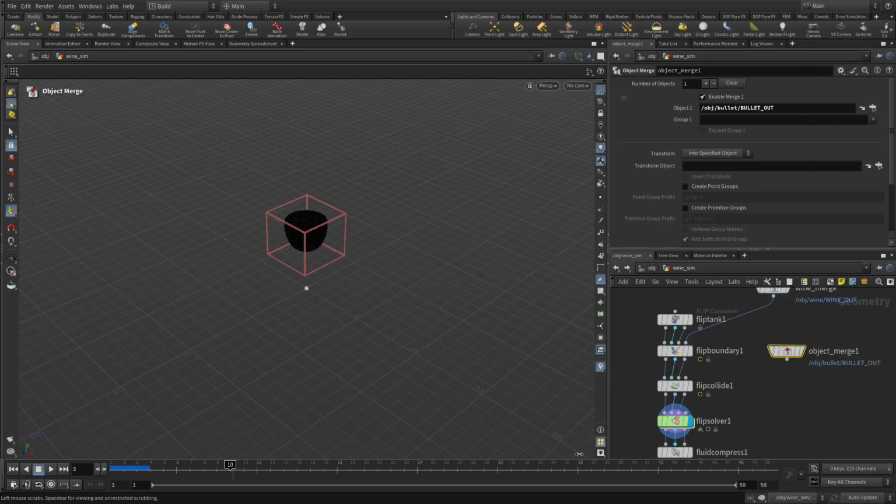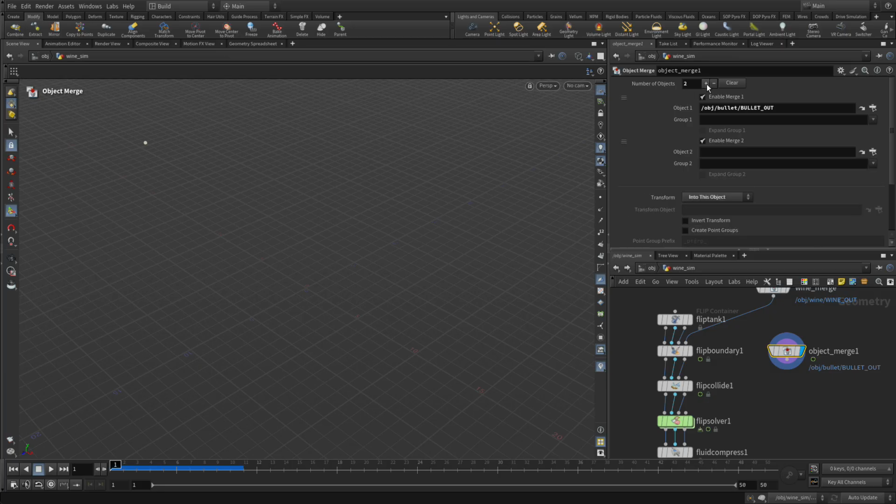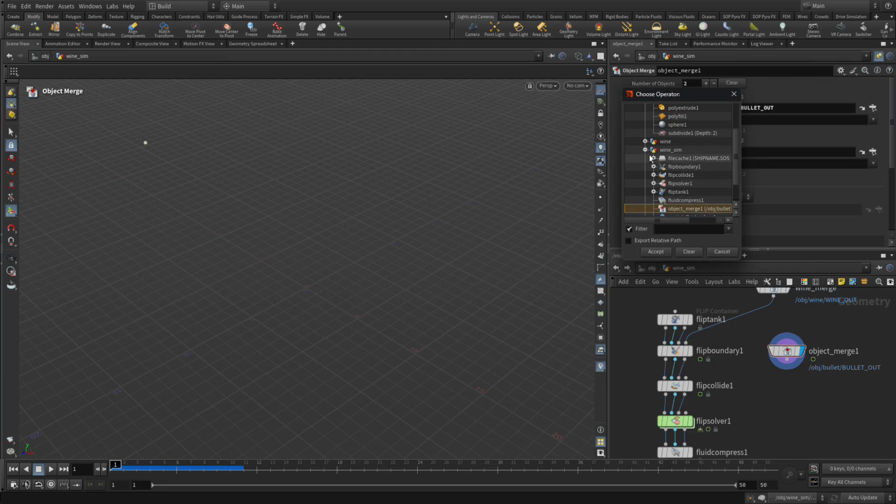And right now the bullet's sitting on the ground. Let's set the display flag on there. It's not doing anything, and that's because we need the transform to be into this object. And then once we do that, yes, it will be properly animated. And then we can add another object into here, and this time we're going to go and get the